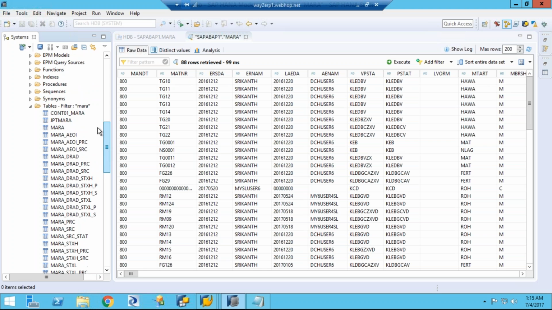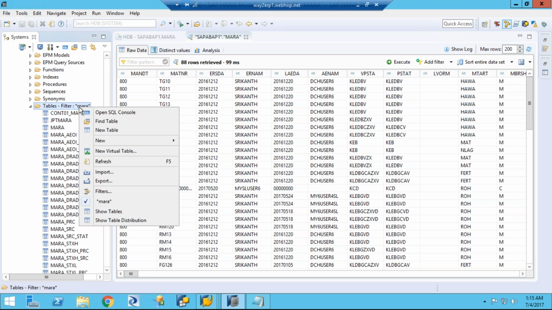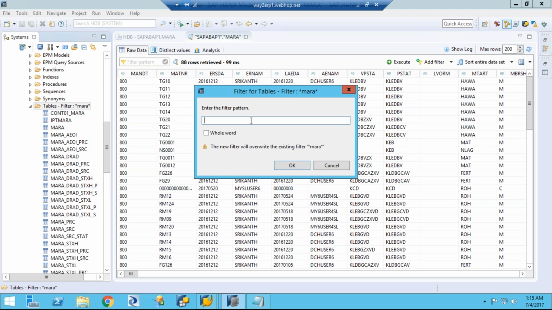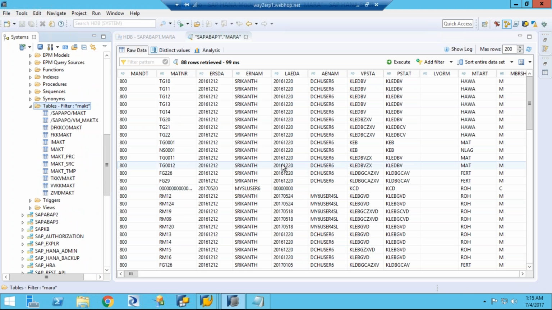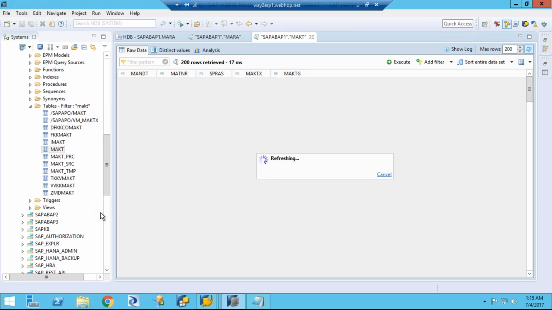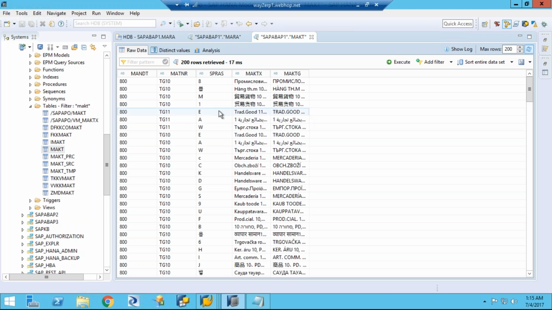Okay, let's try to figure out the other table I'm interested in. The table is MAKT. This one. View. Yeah, 200 rows. And why 200 rows? Because the description is in different languages. So distinct values,